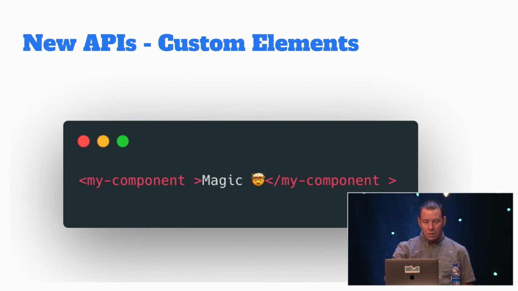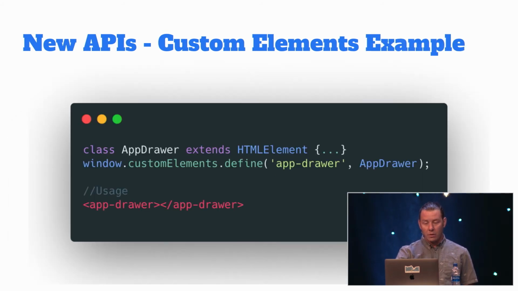So this is a custom element. You know the HTML elements you know and love. You've got divs and image tags and all kinds of stuff, selects and inputs. Now you can create your own elements for the web, name them what you want, and under the hood you can do whatever magic you want to do. So this is how you do it. It's pretty straightforward. You extend the HTML element class and you define it in the window, and then you can just use it.